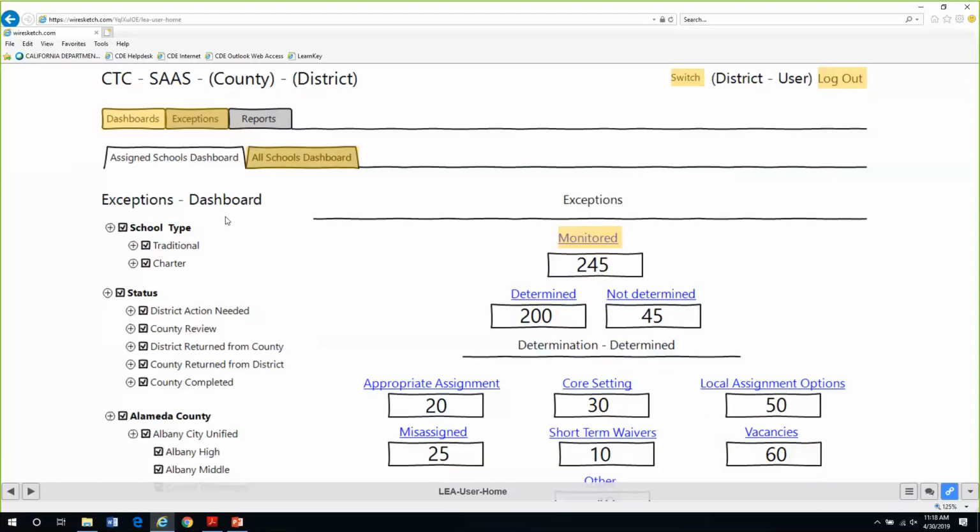We can guide you as to what would commonly be asked for, and you have the ability as an LEA to batch upload things, so you don't have to wait for things to be requested. You can just say, I'm doing these local assignment options. I have one governing board minute statement, and all of my local assignment options were done at the same time in the same meeting. I can batch upload that to multiple teachers with my one governing board statement so that I don't have to do it individually. So I have the ability to do that.